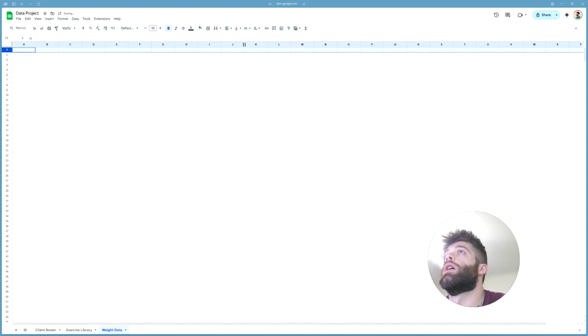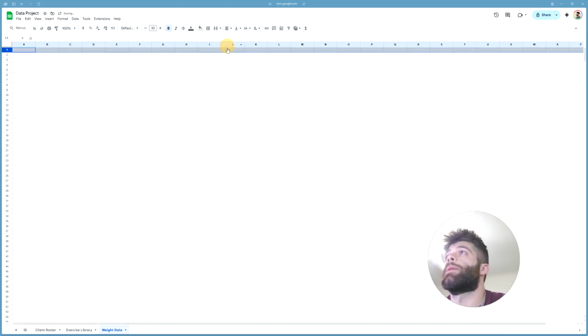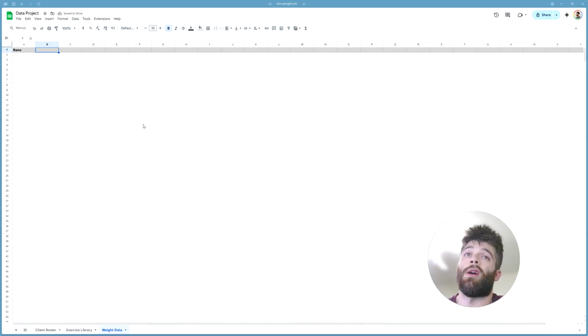So now the headers, we're going to bold them and color them something. We're going to start here with name. This is a client name. You can say client name or name. And for us, we call them movements generally. That's just language that we use. We say movement or exercise, whatever. Then it will be weight. You can also put load. It will be reps. And you could have this be more complicated if you use different types of